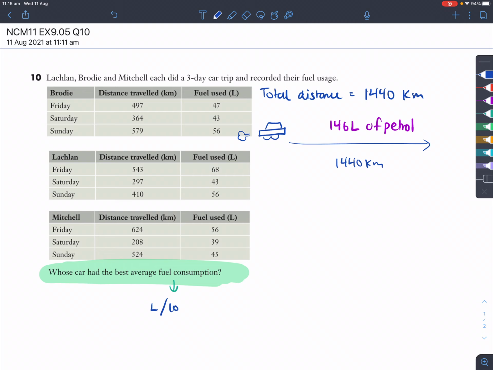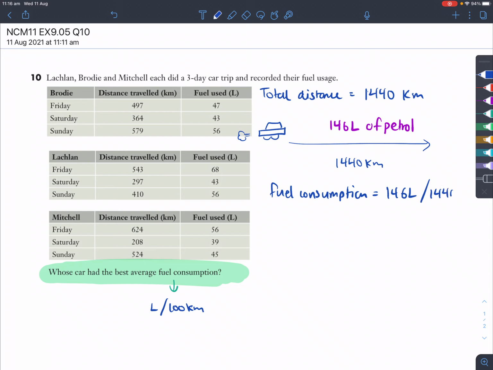Every fuel consumption is written as liters per 100 kilometers. Okay, that's generally what the fuel consumption is for any kind of car. So how many liters are used per whatever kilometers it is? It's 146 per 1,440 kilometers. Okay, so the fuel consumption, now this is only for Brody. This will be 146 liters